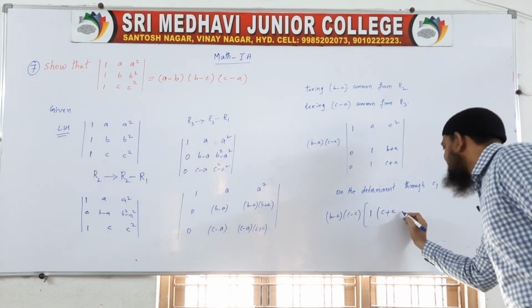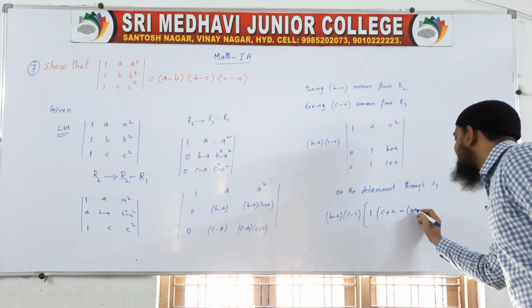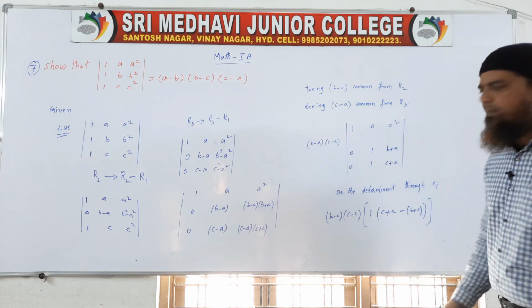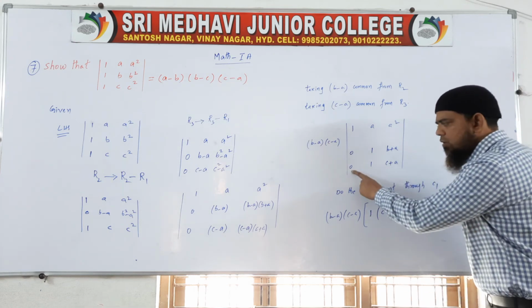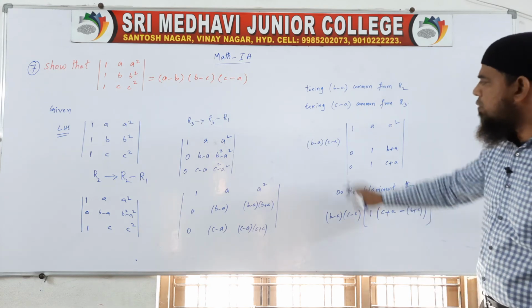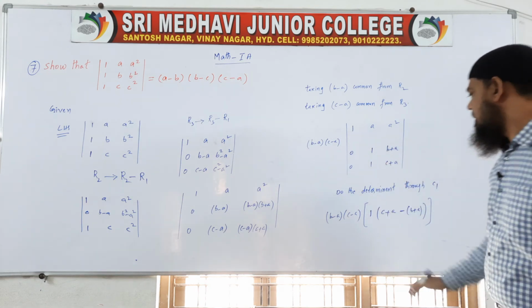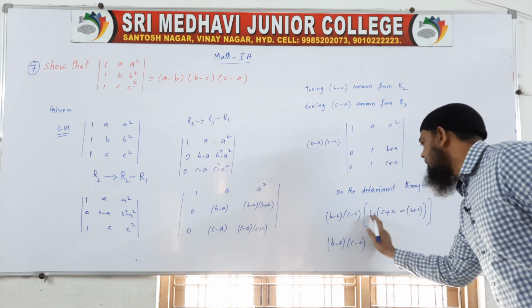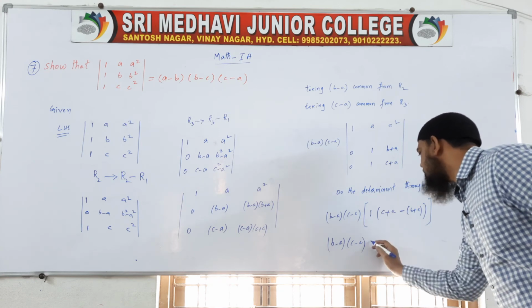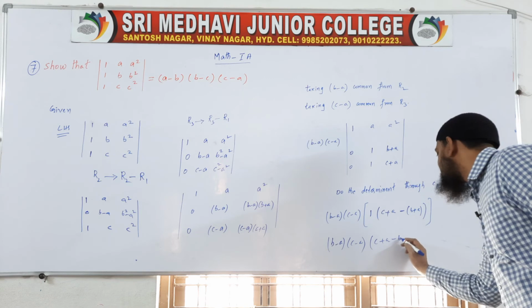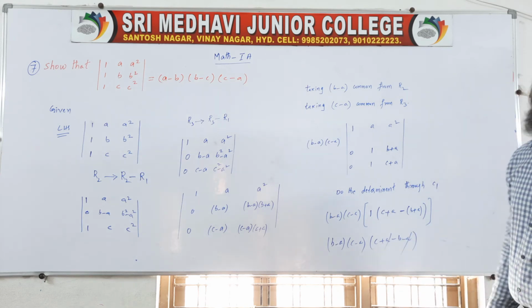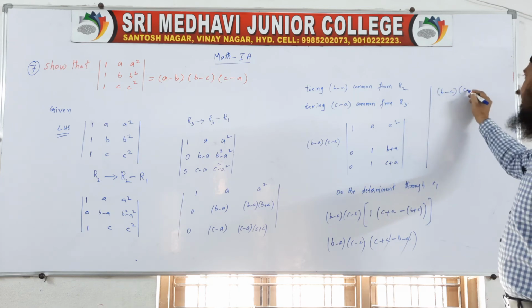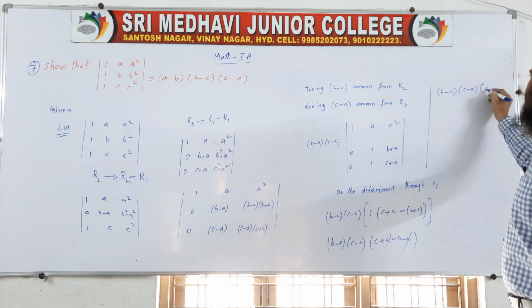Minus we have to write here, 1 into B plus A. The remaining two zeros, no need to write, because 0 into something you will get 0. That's why no need to write. Only 1 into AD minus BC. Now, B minus A, C minus A, the 1 also no need to write, take a bracket: C plus A minus B minus A, the plus A and minus A cancel. So what is the last answer here? B minus A, C minus A, C minus B.